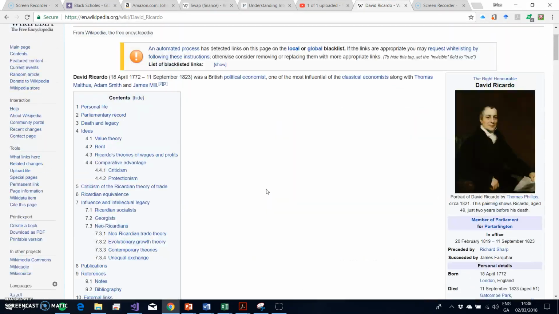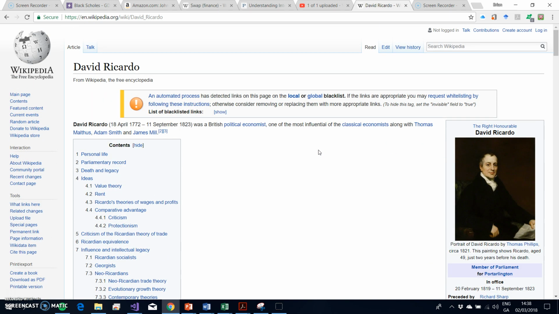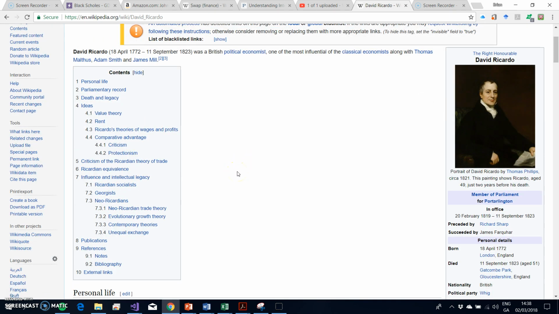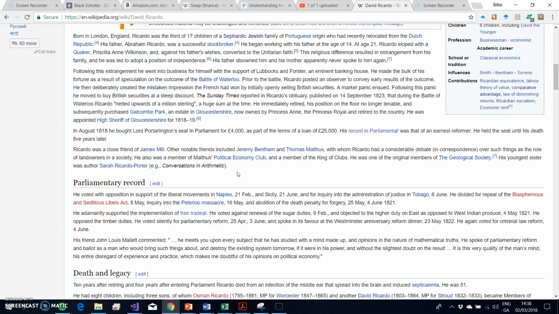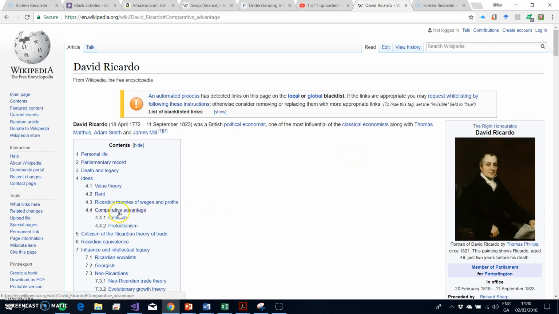And Ricardo came from a merchant family, was a stockbroker, and actually made a lot of money from the outcome of the Battle of Waterloo. He bet on the right side and so on. So he was a markets person, but he also took a real profound interest in economic topics. In particular, he took an interest in the concept of what he called comparative advantage, which is still invoked today when we try to justify the basis of international trade.